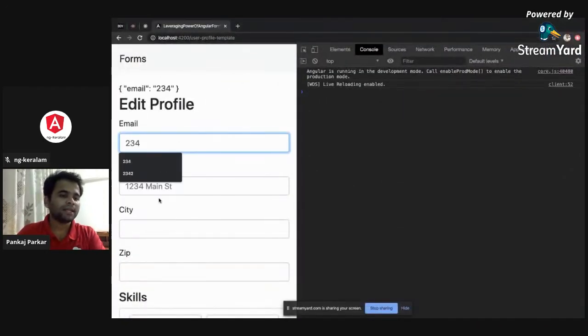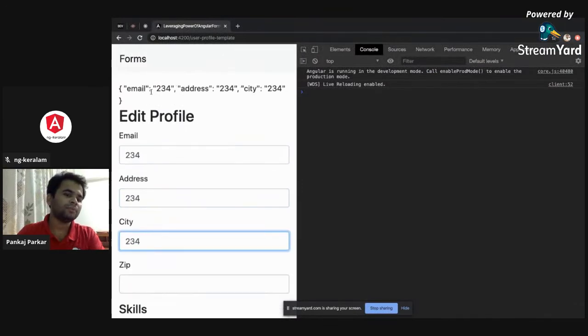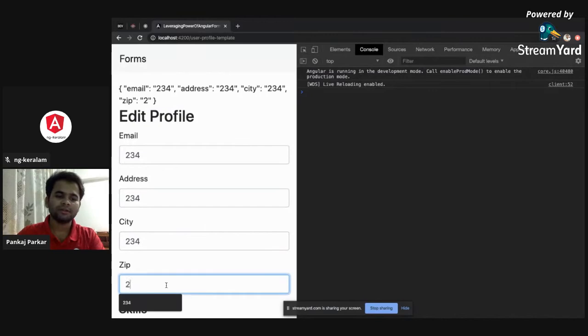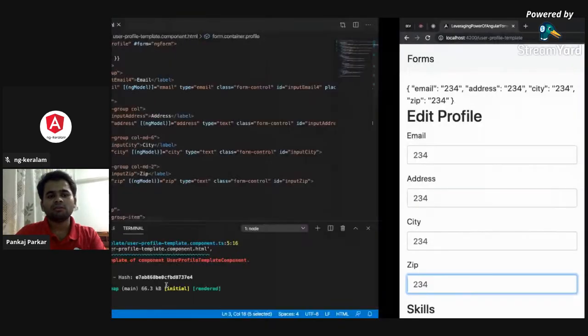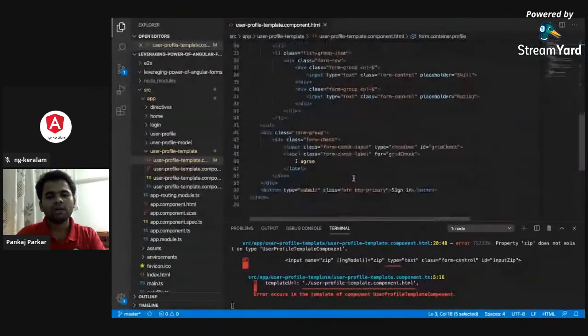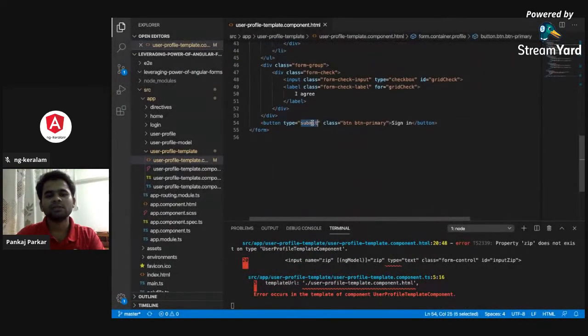As soon as I type in any value, even though I defined email, address, city, model separately, the Angular ngForm directive combined that into a single object. And thereafter, what will happen is on click of the submit button, this one,